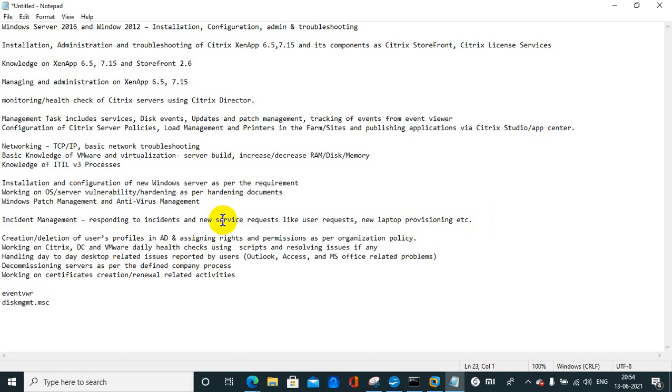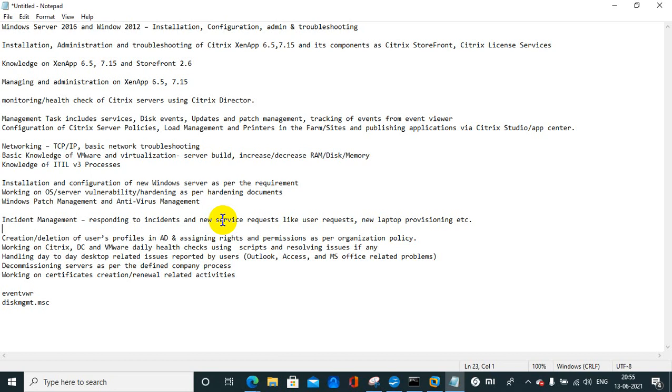And for change management, first you need to raise a change on the portal, whatever it is, ServiceNow or anything in the environment. Then it will go for approval from the client. After the change meeting, the client will approve it, and once the client approves, only then you need to perform the change.